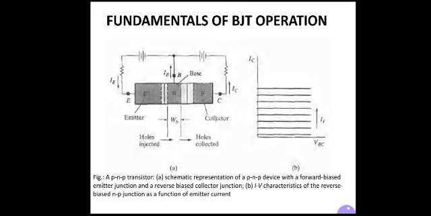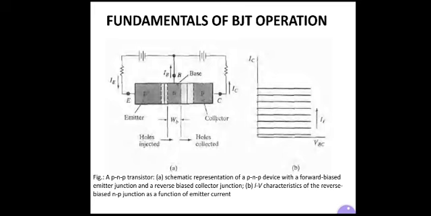So why is the name collector? Because it collects the holes which are injected from the emitter. So the biasing arrangement is called the common base configuration. Why is it called common base? We have three different configurations: common base, common emitter and common collector. And this configuration is called common base configuration because